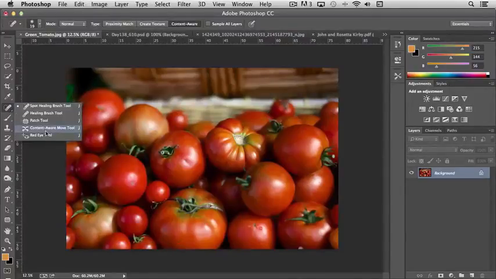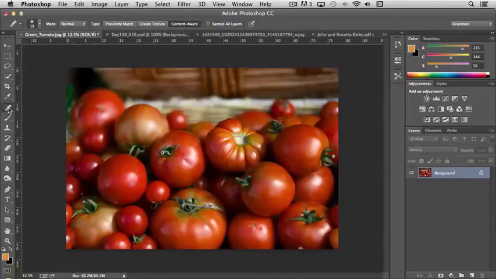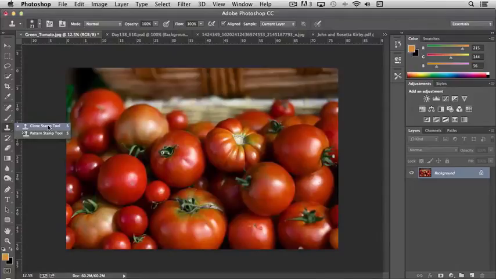And then the red eye tool is pretty straightforward. I'm not going to demonstrate that. It just simply removes red eye from photographs that were shot with a flash, and the process essentially works very similarly. The next tool we're going to look at in this video are clone stamp tools,